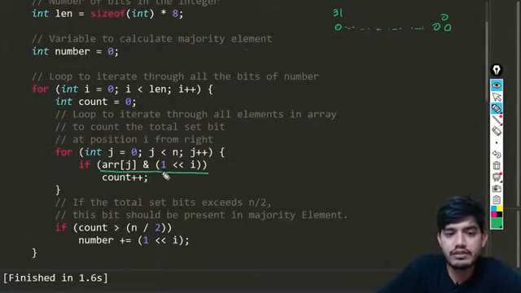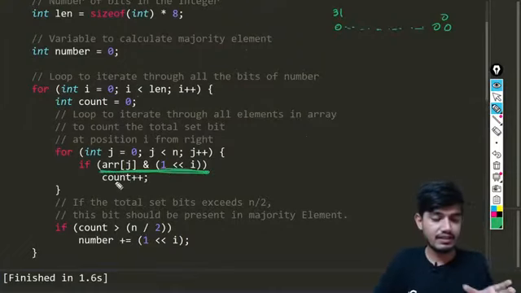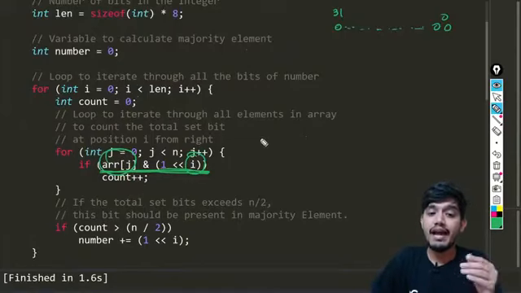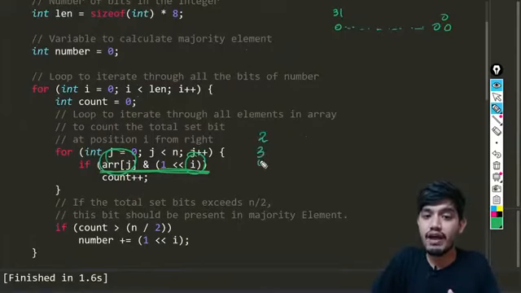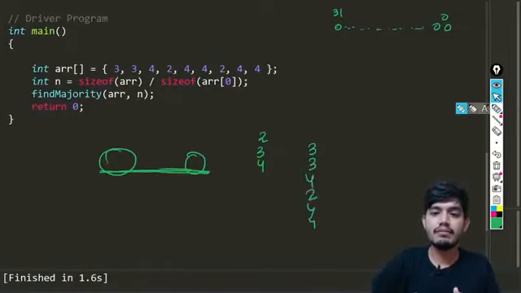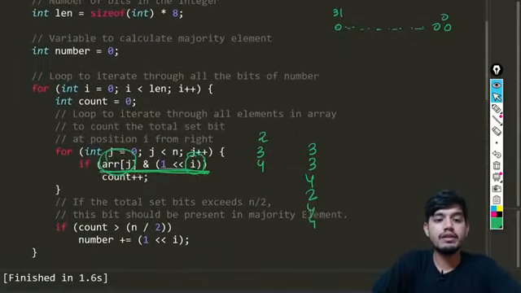I think this is very familiar to you if you have seen my previous streams, like how we can check whether the kth bit is set or not. So in this, we are checking whether the ith bit is set or not in this array of j. So what is the array of j? Array of j is nothing but it is taking all the values which are coming from below. Okay, so you can see from here 3 3. So what are the values that are coming: 3 3 4 2 4 4. All these values are being taken here. Okay, so I hope that is making sense.